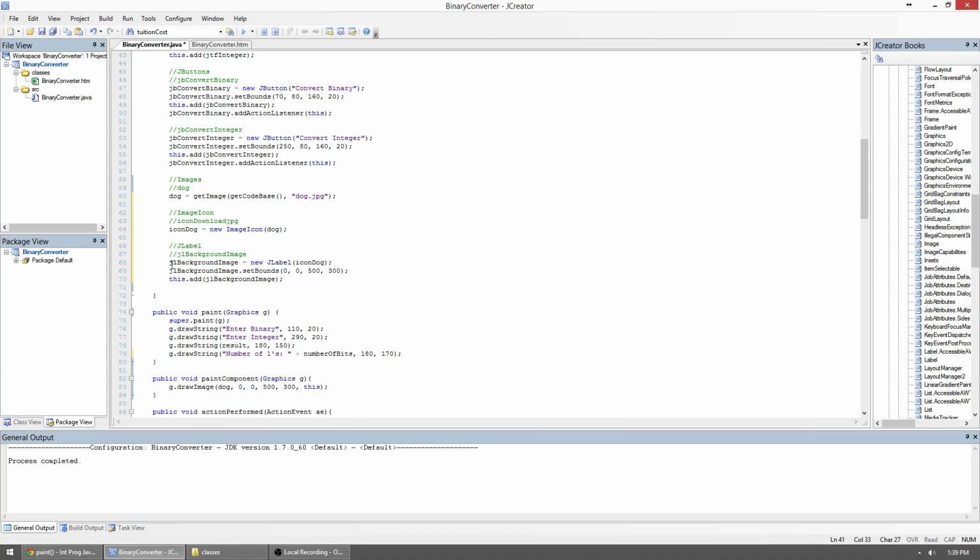So as you can see, I now add my JLabel. A JLabel typically is just a label that allows you to label something. Well, in this case, we're going to use it to hold an image, and we're going to make that JLabel essentially take up the entire space. So as you can see here, jLabelBackgroundImage equals new JLabel, and then inside here I put my image icon, so iconDog. And then this line here, jLabelBackgroundImage.setBounds,